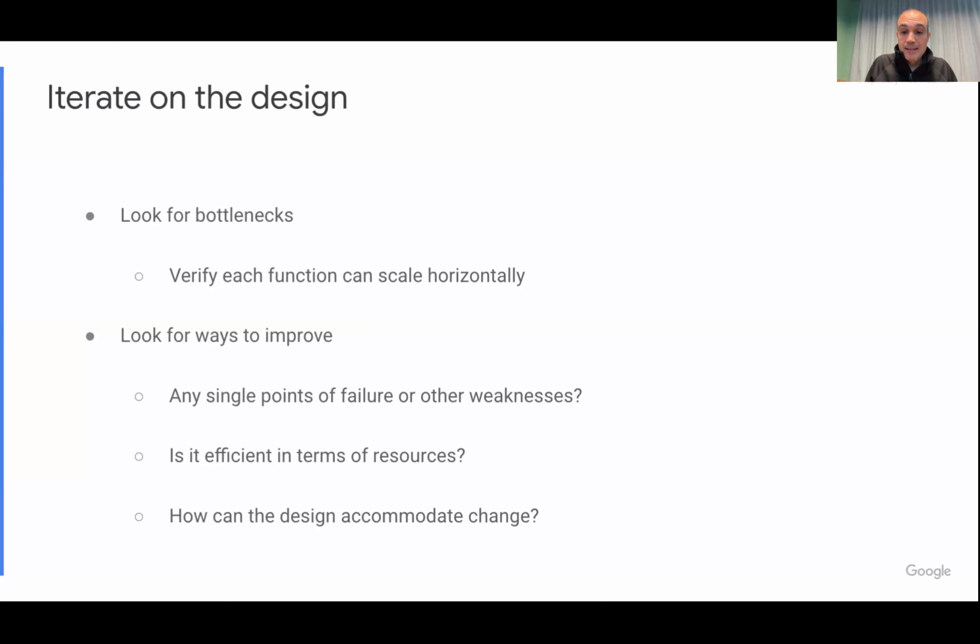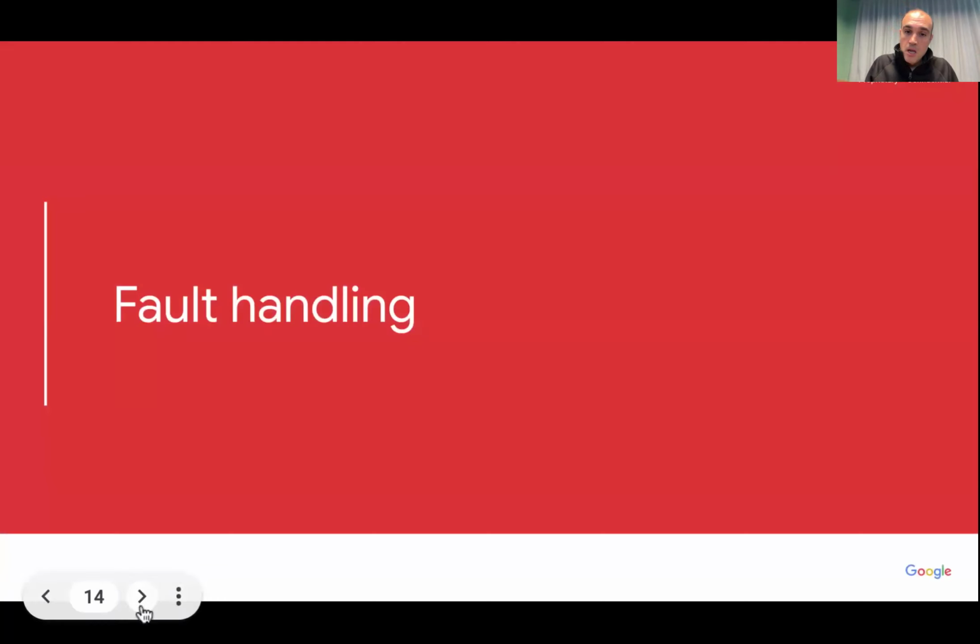And then there is how you accommodate change. If you try to build an invincible service, you might end up with a service that is unmaintainable because it's so complex that no one can understand it, right? That's something that we need to be aware of. Okay, so about principles and so on, I'm mostly done here unless you have some questions, and then we can go to the other section.